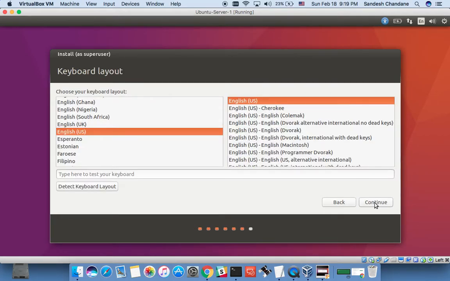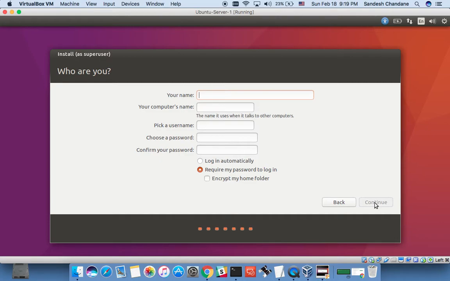So English keyboard. I have the English keyboard. Continue. Your name. It's asking my name, so I'll just put my name as the name, and the computer name as what we decided, Ubuntu Server 1,